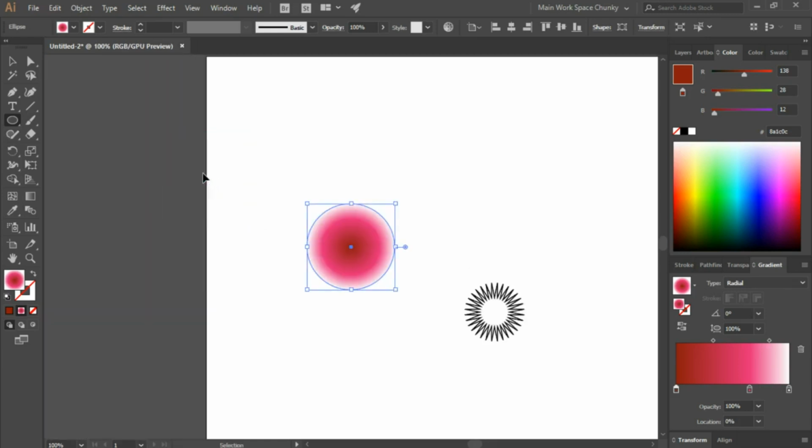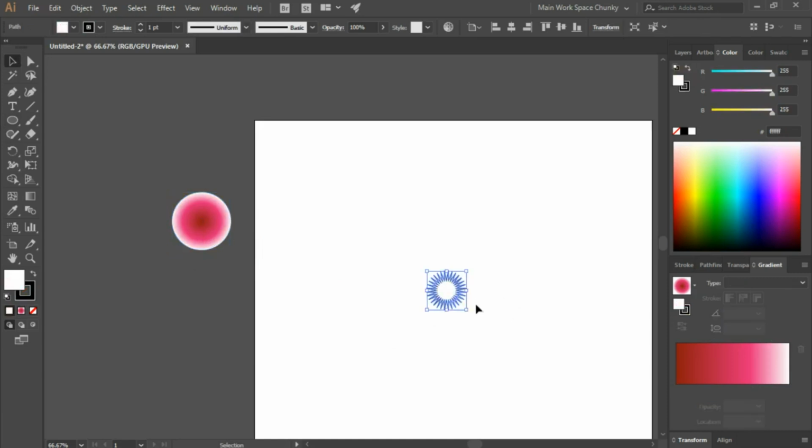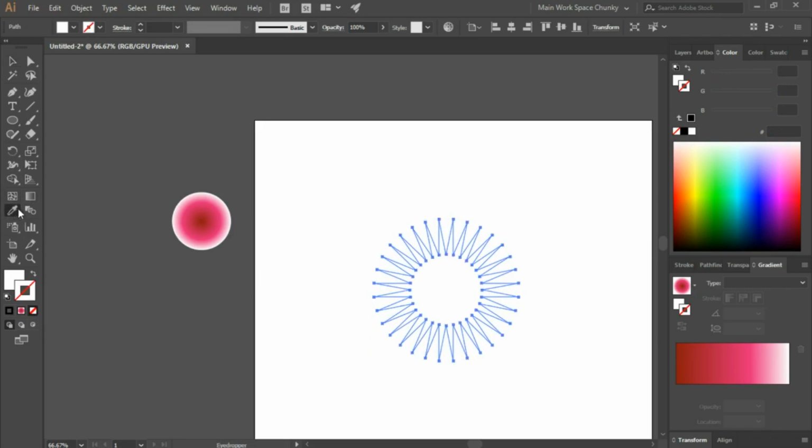So I'm going to zoom out a bit because we're going to apply this gradient to our star. So I'll drag this over here. I'm going to increase the size of the star. I'm going to take off the stroke, and using our eyedropper tool I'm gonna select the sample gradient that we just created. So it should have filled in your star image. So I'll zoom in a bit,